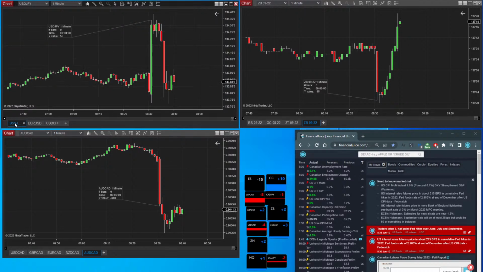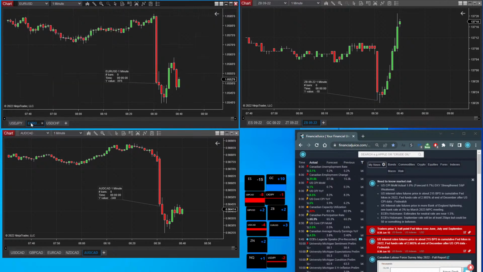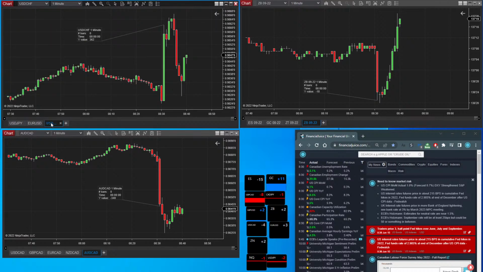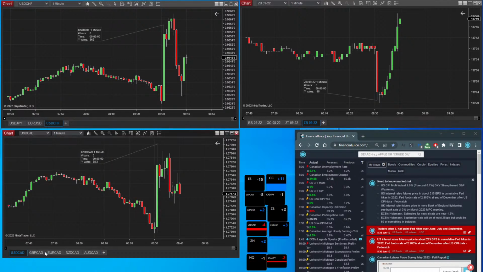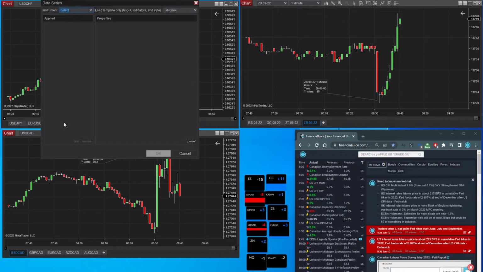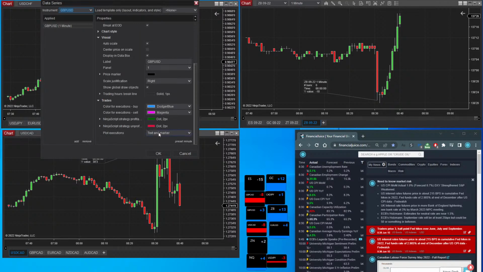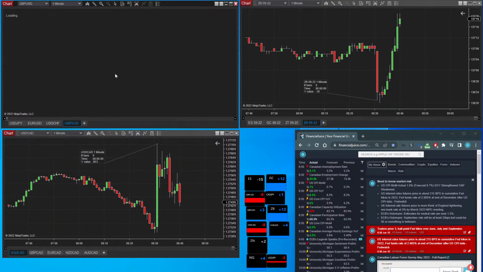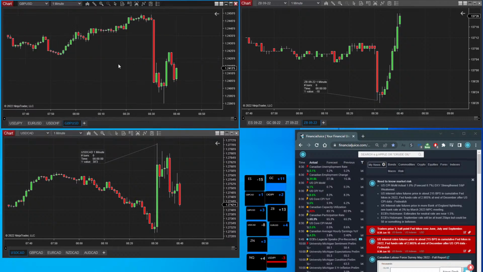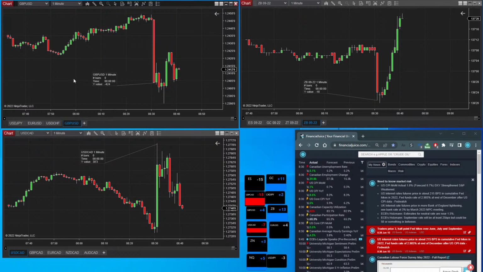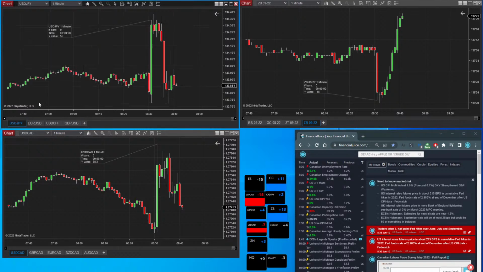So dollar yen, about 55 pips. It looks to be that the dollar yen was the biggest mover compared to the other currencies. Actually, one final thing I didn't check, GBP USD, because that did have the strongest movement initially compared to the other currency pairs. Nope. All right. So dollar yen had seen the strongest move.